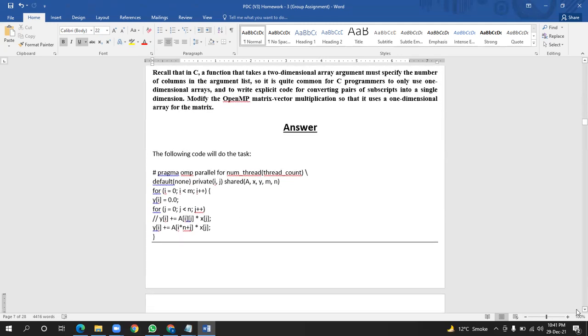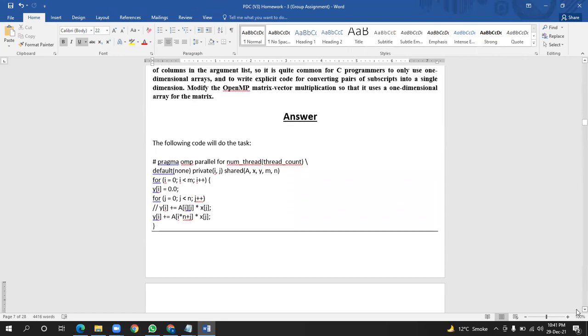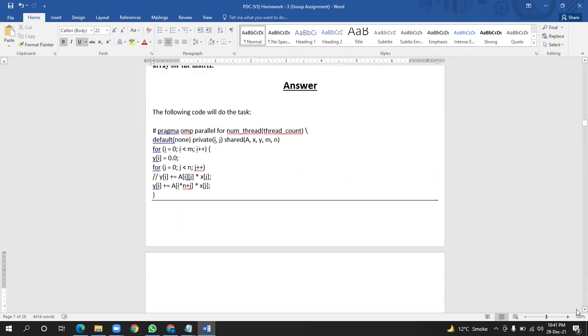First of all, we use a for loop for parallel, #pragma omp parallel for with the given number of threads. We can easily count the number of threads with the thread_count variable, and then use a for loop inside another for loop. Variable i covers the x-axis, the number of threads, and j covers the y-axis, and then we simply add both of these variables' dimensional values in the form of x with y.